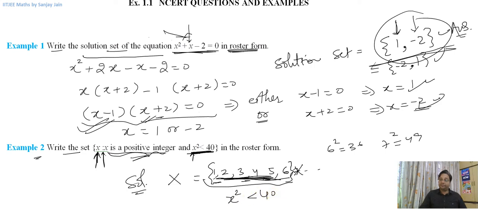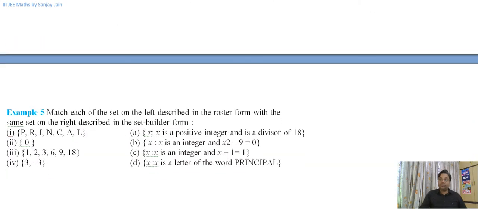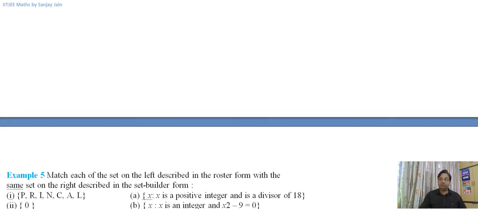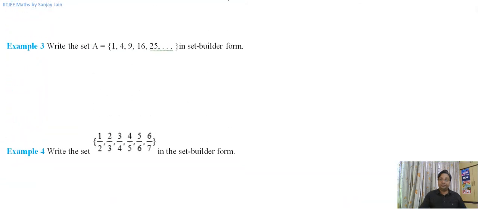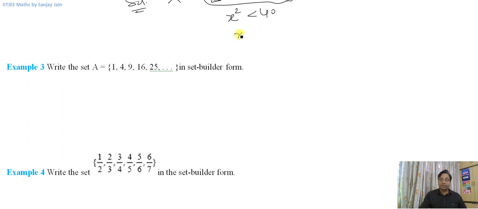Okay, otherwise you can think of it like this: x square is less than 40, so x will be less than square root of 40. So x will be less than square root of 40, which is 6 point something, right? So x will be less than 6 point something. Now x is a positive integer,